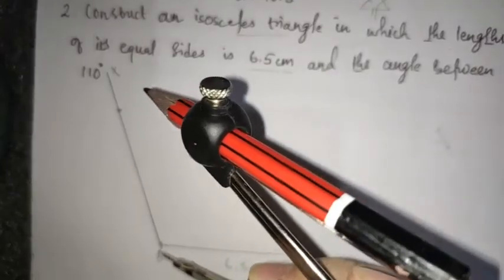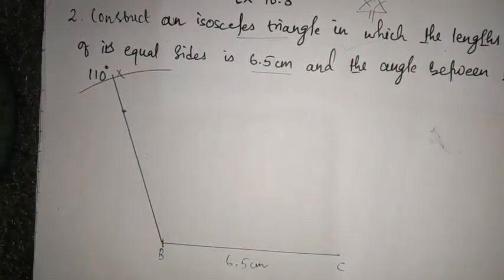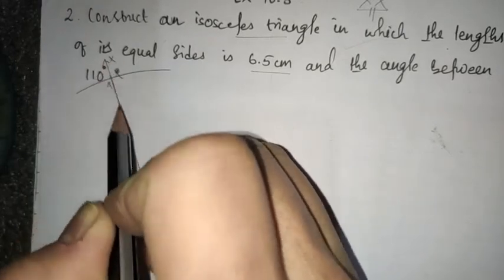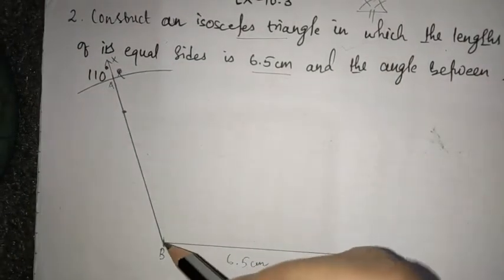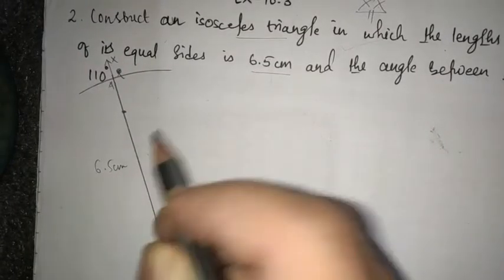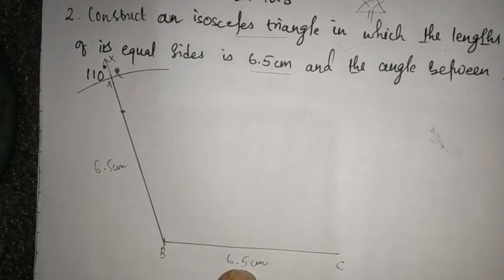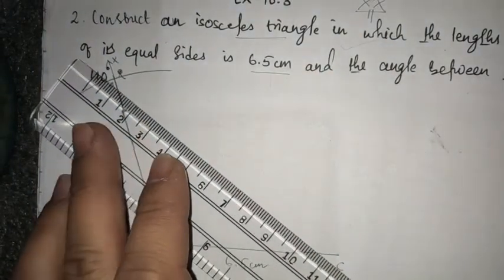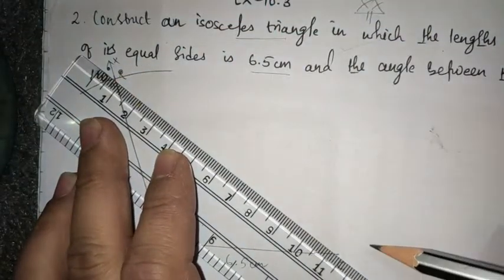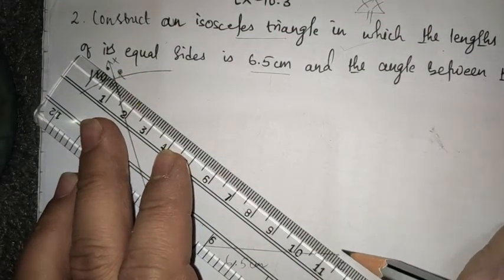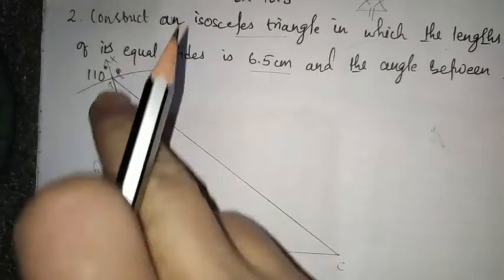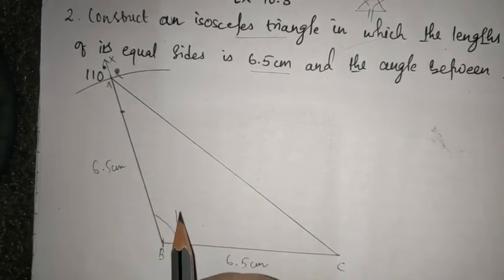So now from B I will cut one point here. Okay, this is our, give the name A here. This arrow is X here. This line is X, but from this point to here, it is 6.5 centimeter. Now two sides should be equal in an isosceles triangle, right? So I made two sides equal. Now this point A and C should be connected. Just see, the point should be very exact. The point should not run away. So this is our triangle ABC, which is making 110 degree.